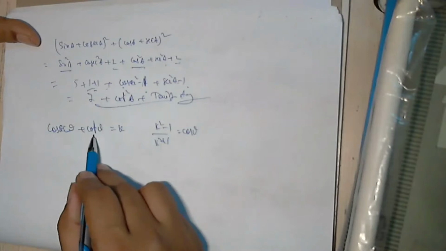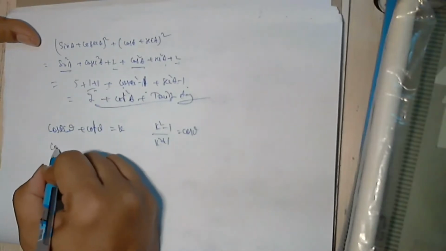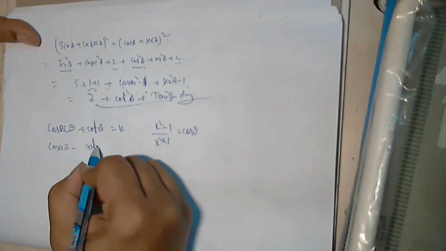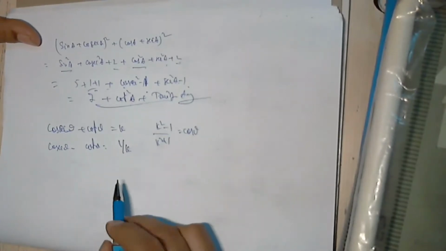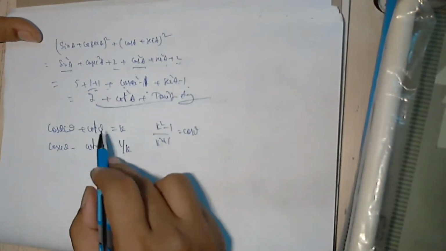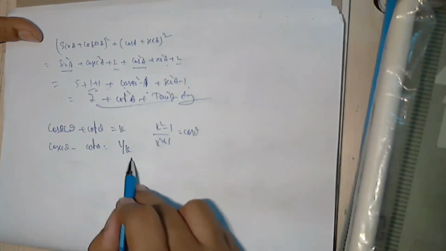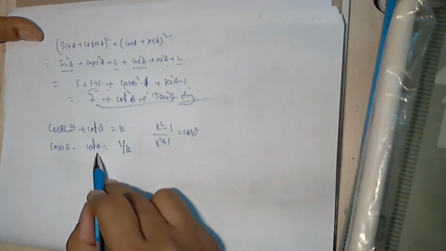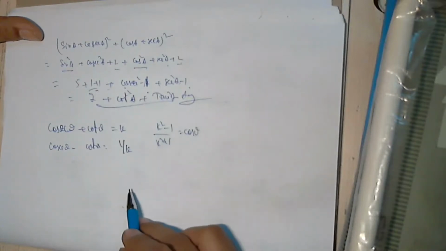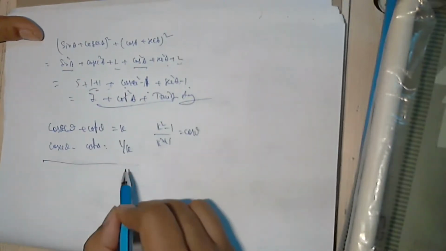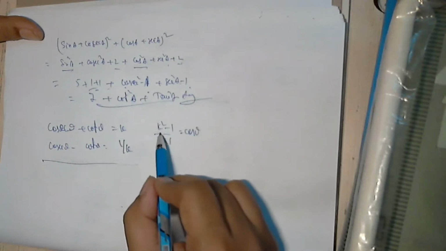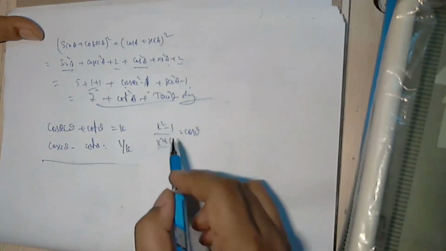So we know cosecant theta plus cot theta is K, which means cosecant theta minus cot theta is equal to 1 by K, because cosecant square theta minus cot square theta is 1. So when I divide A plus B by A minus B, I send it to the K on the other side. So I get cosecant square theta minus cot square theta, this is 1 by K. So when I add this, I want K square minus 1 by K square plus 1.